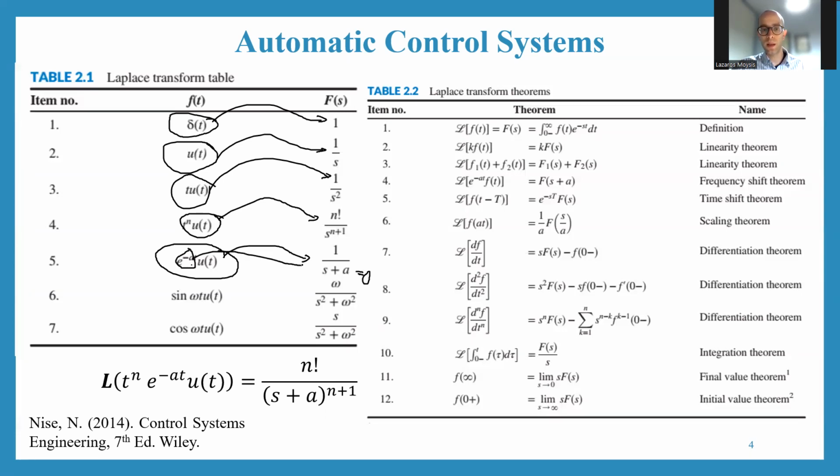Whatever you see right here, this is going to be the root of the polynomial in the denominator, right? And then, based on that, all other variations, which are multiplied by the factor of t, so t times e to the minus a t, we have this very simple formula. It's n factorial over s plus a to the n plus 1. Okay, it's a variation of this formula right here,